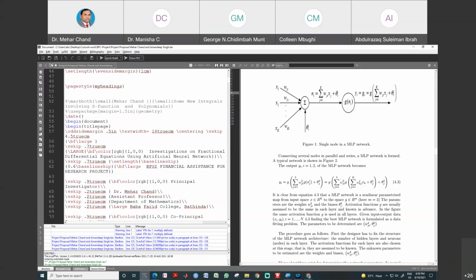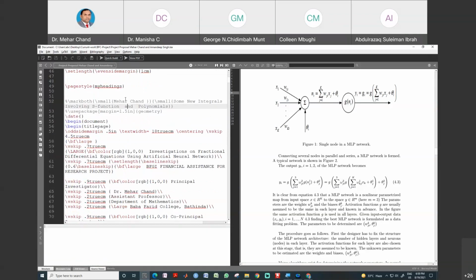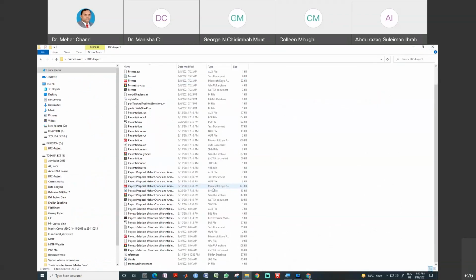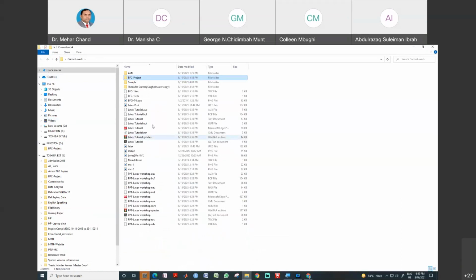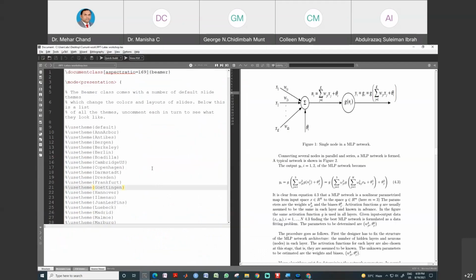First I would like to save it, and I want to open one more file, that is this one. I want to open one more file, that is this PPT. It has been opened.